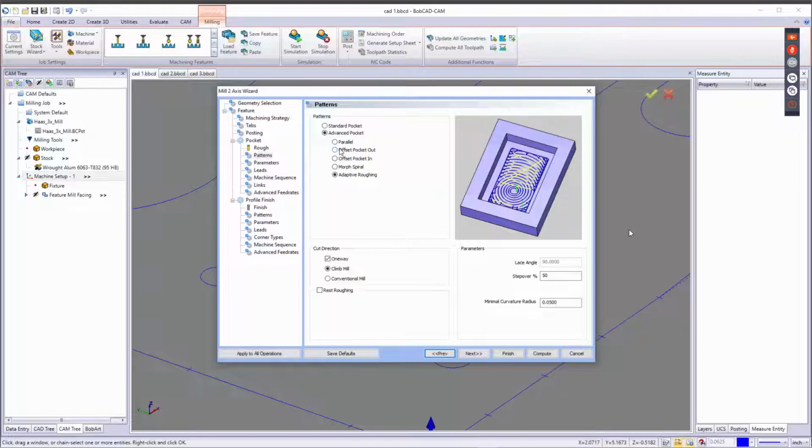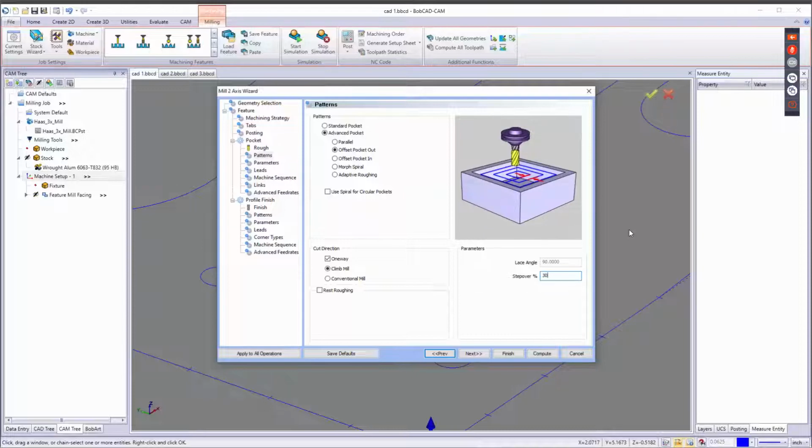Let's do a pocket out on this one. We're going to go one way. And let's do a step over of 30% on there. Yeah, let's do 40 today. And then we've got this rest roughing. What that rest roughing is,